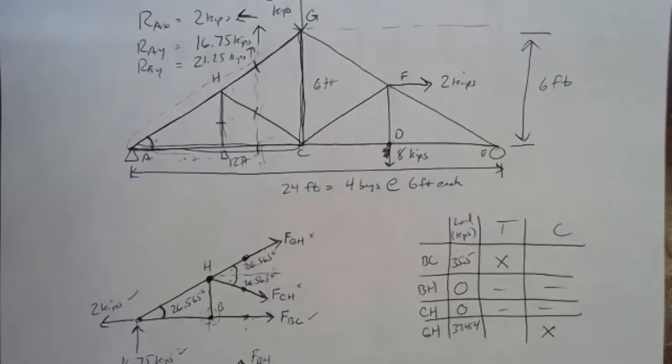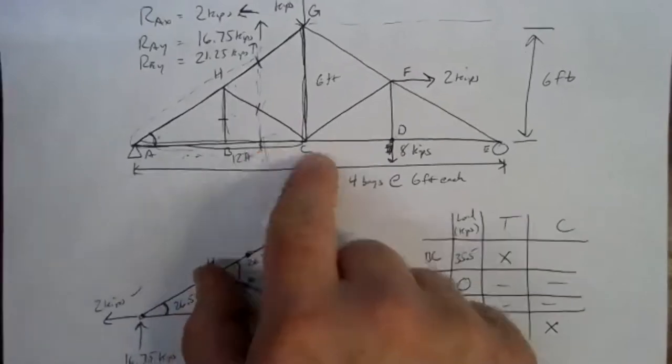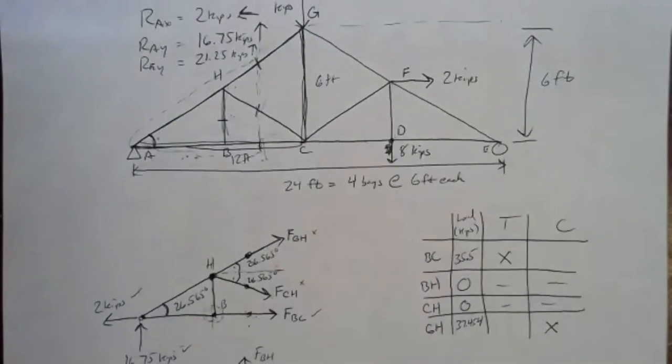If we wanted to know what force was carried by every single member, it's a matter of personal preference whether you use method of joints or method of sections. You're going to end up using the same number of steps. It's computationally the same difficulty of calculation. But if you only need a subset of them, generally method of sections results in fewer steps. And if you can't get everything you want in one cut with method of sections, usually some combination of method of sections to jump you into the middle of the truss, and then method of joints to get you going out further will help you.